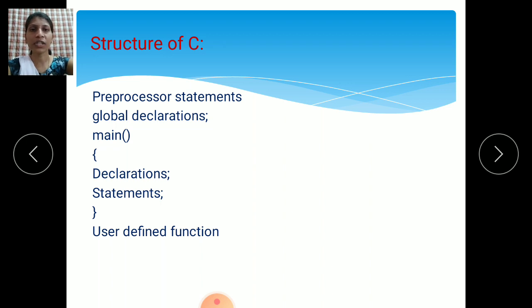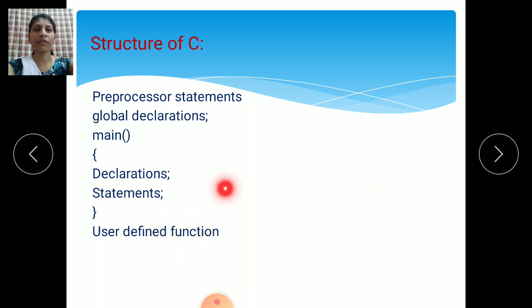The execution of a C program starts from the main function. Then the opening curly brace shows the start, which means execution of the C program starts from here. Then declarations. Whatever variables, functions, arrays, and data types you are using in your program, declare them in the declaration part. Then statements. Statements means whatever input, output statements or mathematical formulas you are using in your program, write them in statements. Then the ending of the program is the right curly brace, which ends your program.